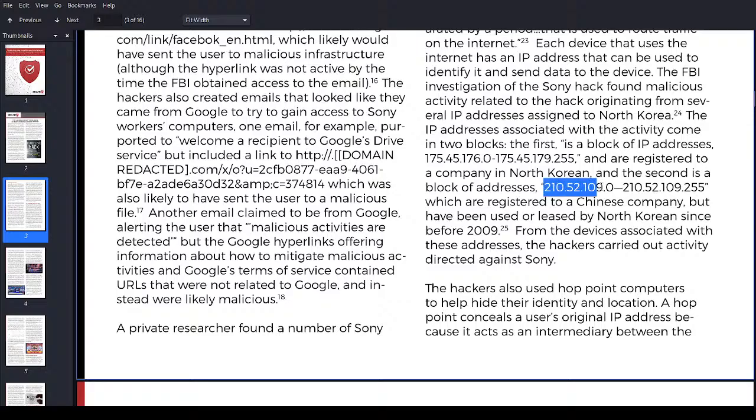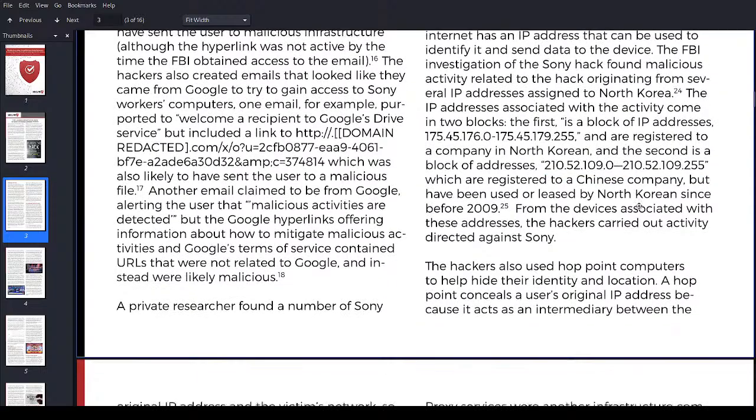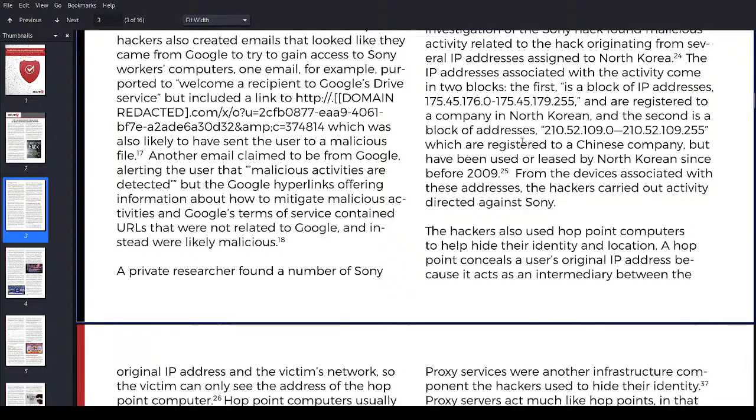So they were given a whole stack of IPs right here. You can see the same thing for this one. So let's see, which are registered to a Chinese company but have been used or leased by North Koreans since before 2009. Again, a lot of people just sell out to make money, and I'm not surprised that this Chinese company would do the same in North Korea.